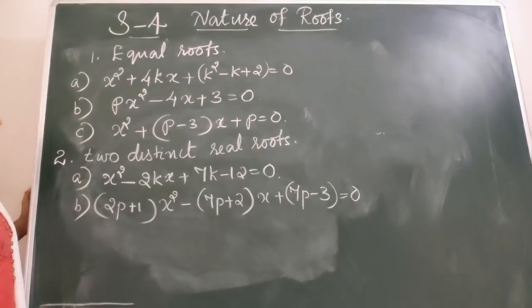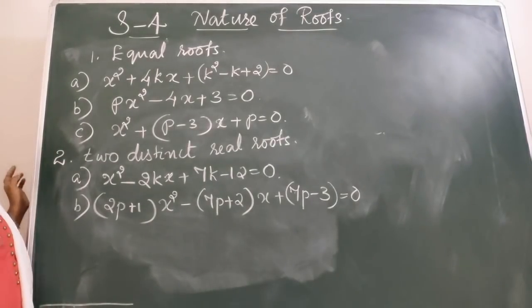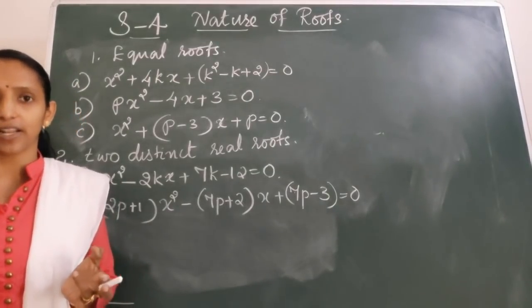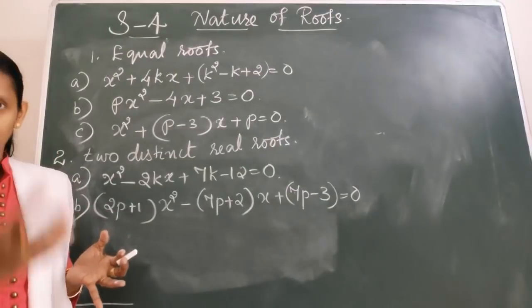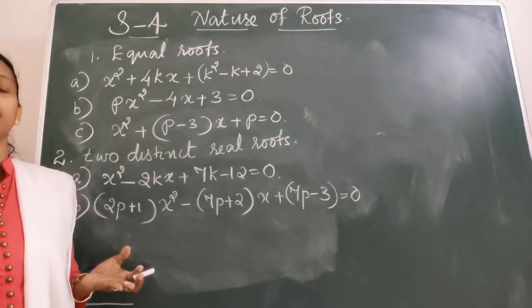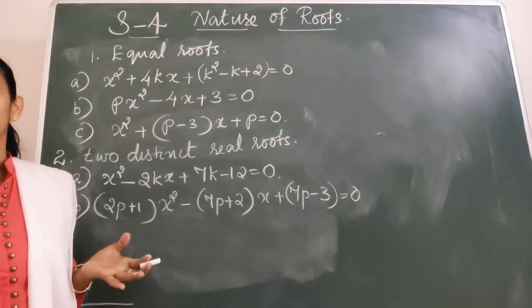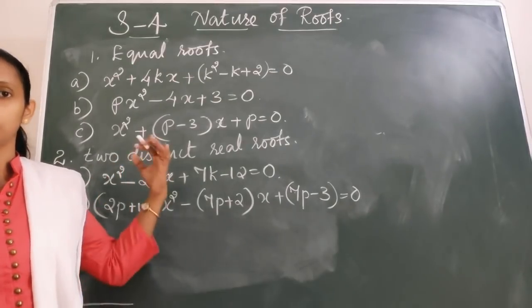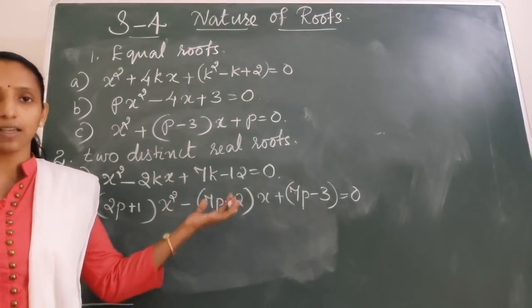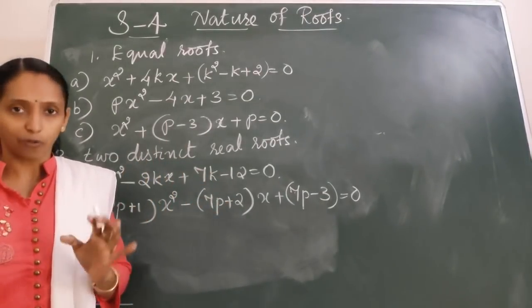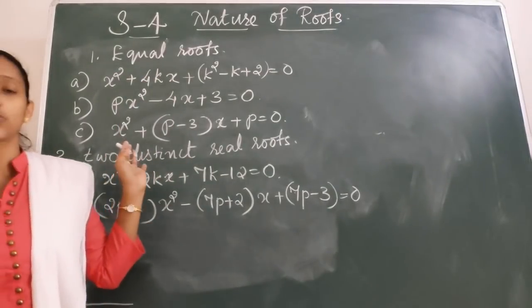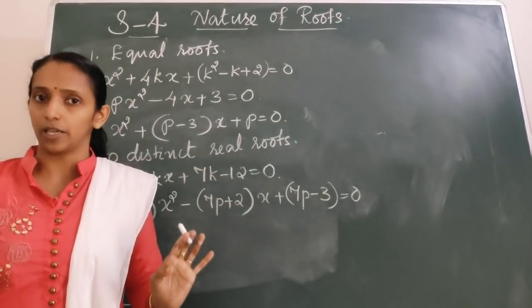Now we were dealing with the quadratic equation. First of all, we had seen what the standard form of the quadratic equation is. Then we had seen what the roots of the quadratic equation are. Thirdly, we found out the two methods of solving the quadratic equation. The first method is the factorization method, and the second method is the formula method. And further, today we had seen the nature of roots of the quadratic equation.